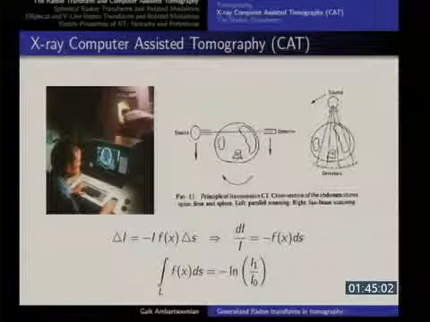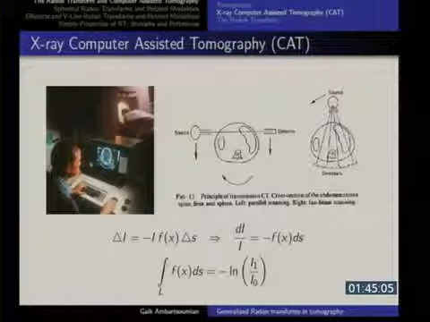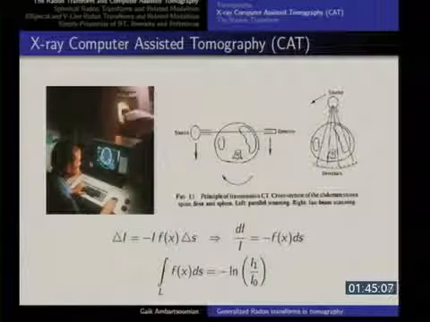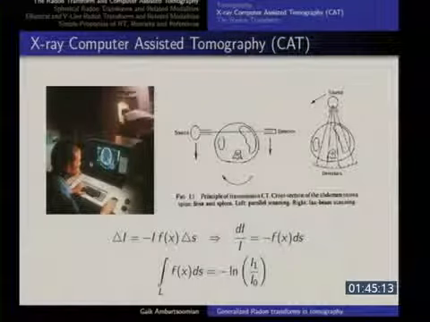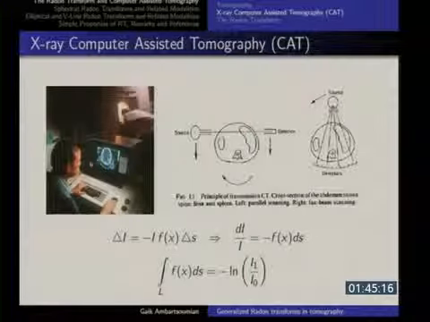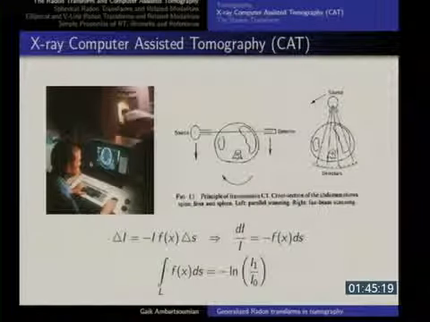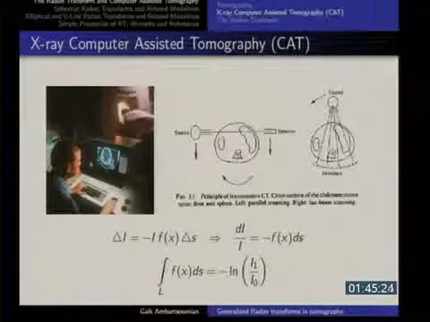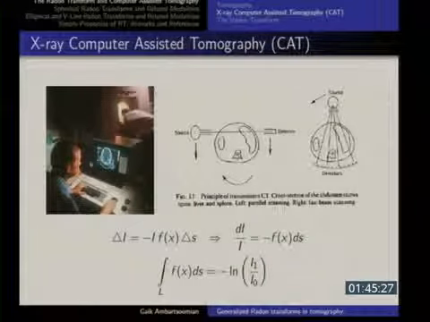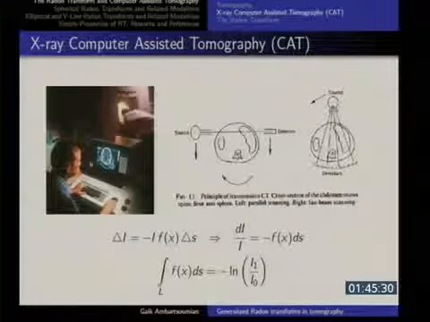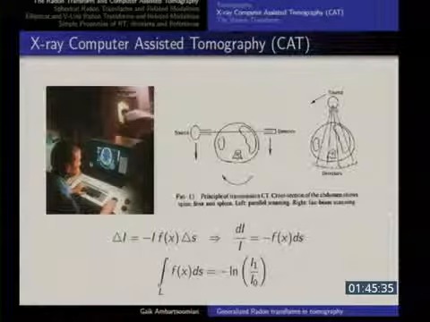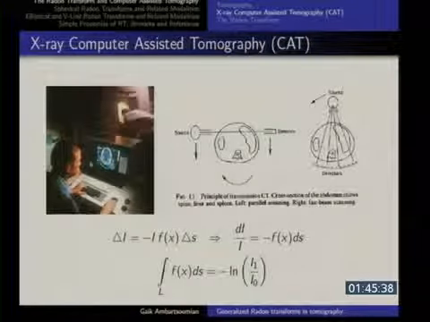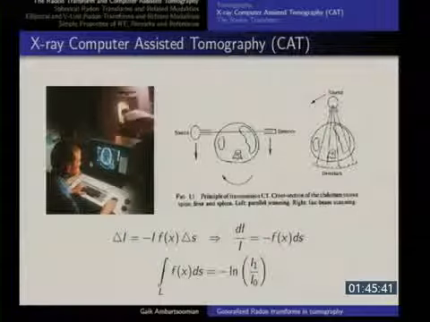and I want to get to some formulas and show some sketches here. This is the same skull type image. So what happens is, you have this device, which, if you haven't seen this, is basically a big donut-shaped object. There's a table here, the patient lies on this table and then goes in. There is an X-ray source going around this pipe, and it sends an X-ray, and then there is a detector here, and that detector measures the intensity. They know the intensity that they send, they measure the intensity that comes out, and they try to recover the image of the cross-section of the patient's body. In this case, it would be the head. This is the doctor sitting here and seeing the image on the screen.